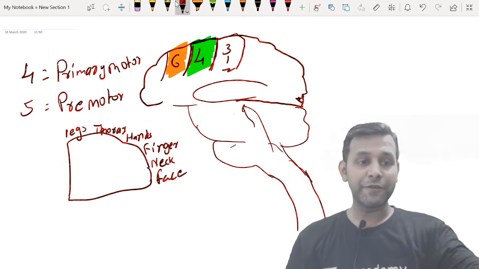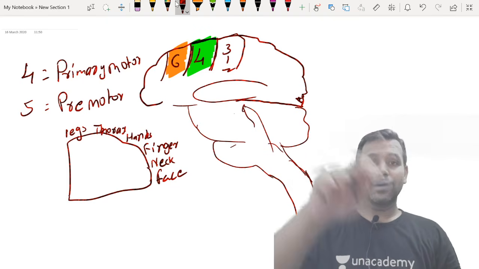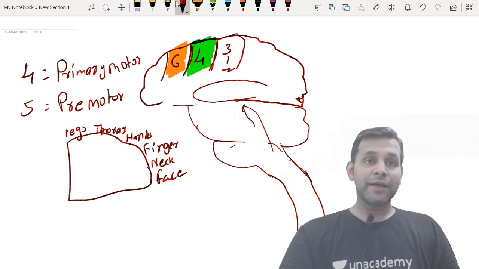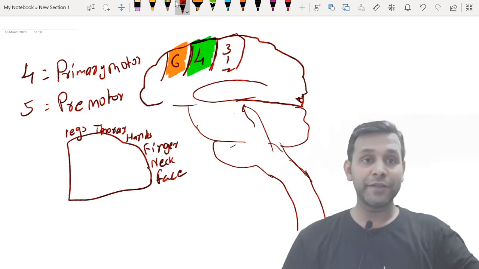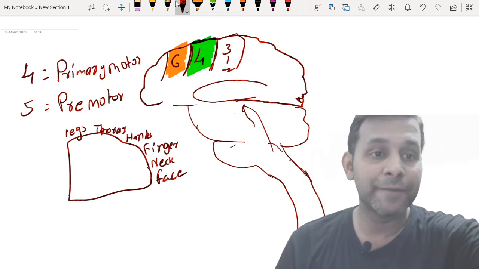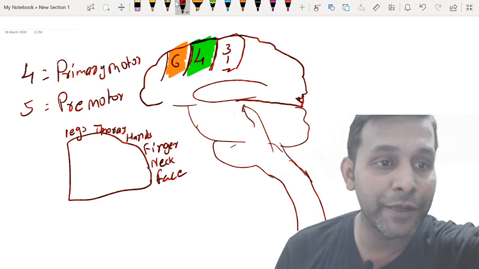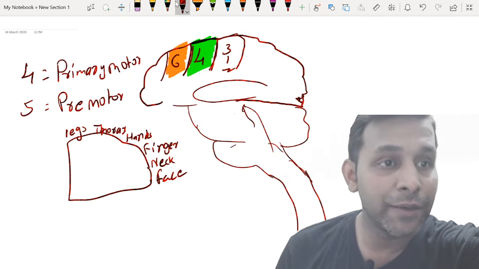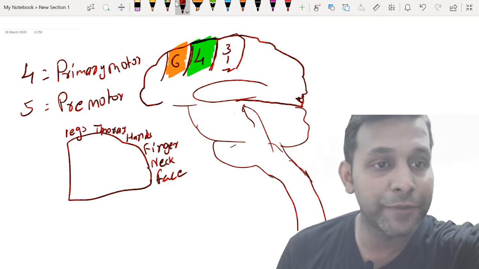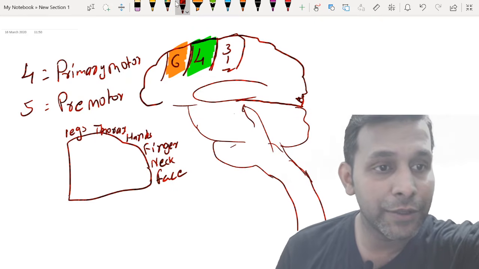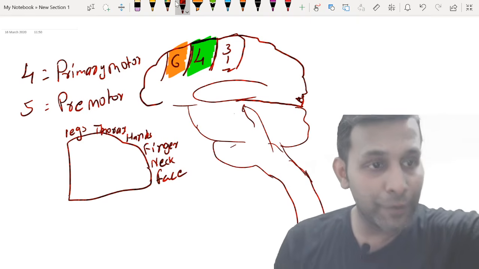Now the significant difference here is, from legs to face, the topographical representation in the motor cortex is inverted. It is inverted in the sense that topographically it is upside down. So the human body is represented upside down in the motor cortex. Human body is represented upside down in the motor cortex. Okay, now